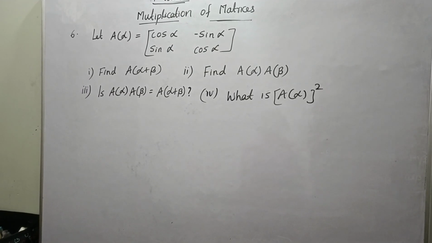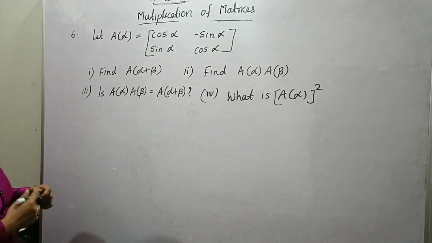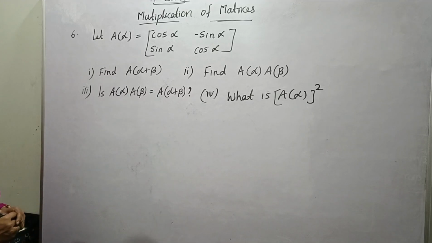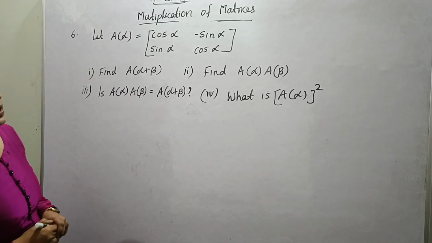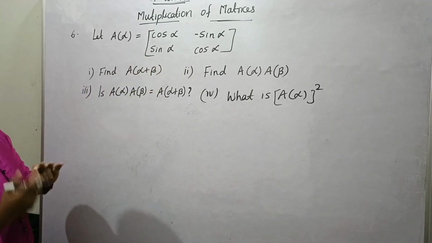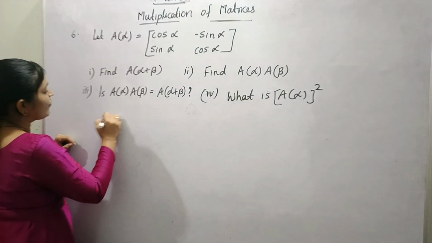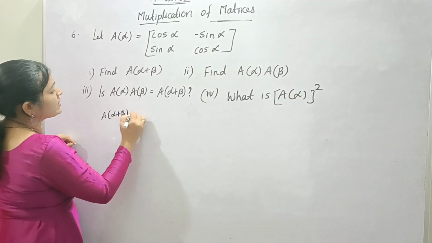Next question. Let A of alpha be the matrix [cos alpha, minus sin alpha; sin alpha, cos alpha]. Find A of alpha plus beta. Here it is given A of alpha is equal to this matrix. So what is A of alpha plus beta? Replace alpha with alpha plus beta. That's all. So A of alpha plus beta is equal to